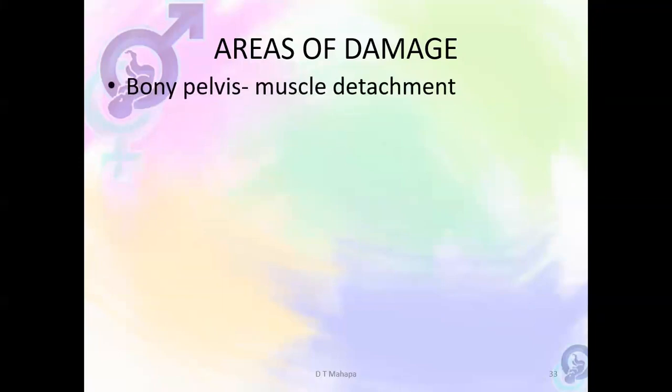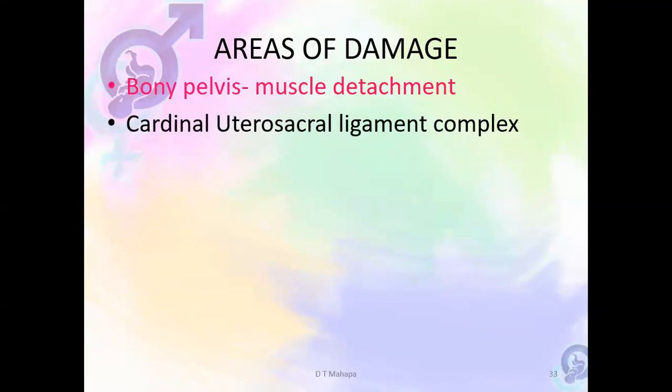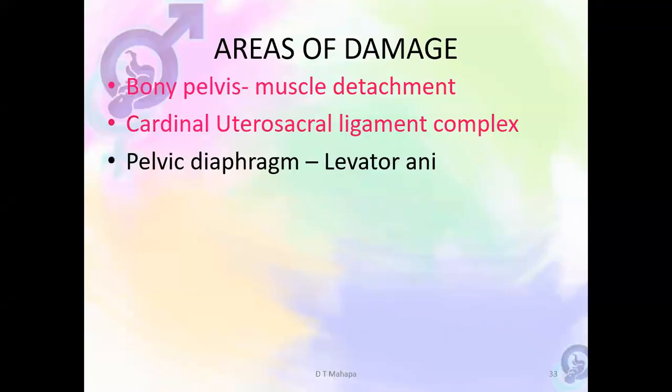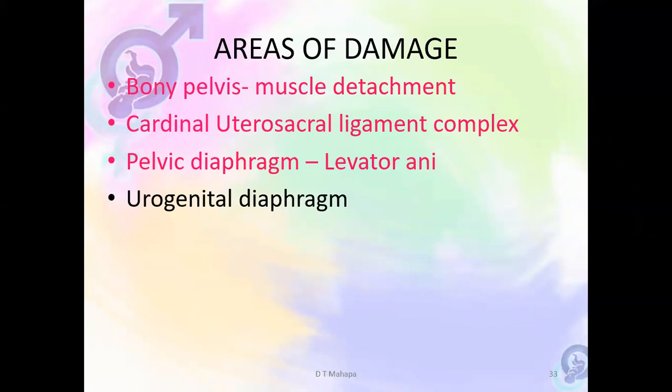The area of the damage is where the muscles attach to the pelvis, at the attachment. They might detach the muscle there. There's lengthening or detachment of the ligaments that keep the uterus up, which are called the cardinal and uterosacral ligaments. Those are level 1 support. And the levator ani itself may be overstretched or torn. And superficially, we've got the urogenital diaphragm, which, if damaged, as I've said, causes dilatation in the genital canal and the vaginal diameter, and it causes vaginal dilatation.